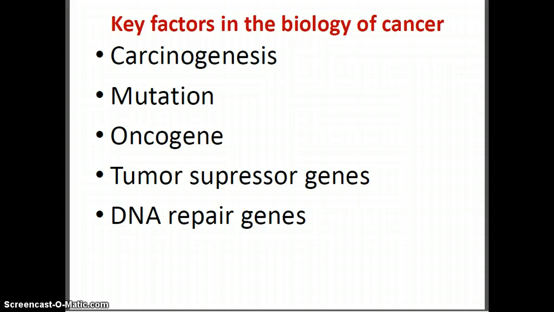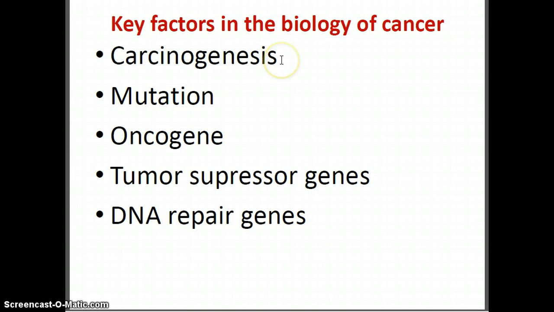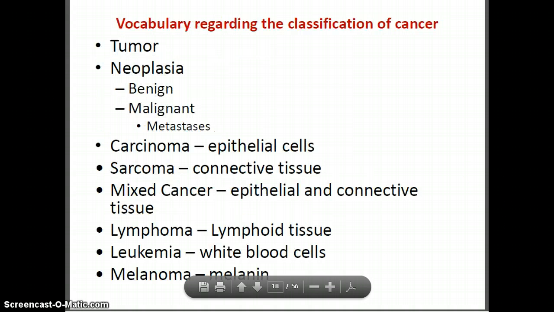All right, so here are again some terminologies. Carcinogenesis means the giving rise to cancer. Mutation is a change in our genetic information which can become cancerous. Onco refers to cancer, so an oncologist is a person who studies cancer. Oncology is the study of cancer, and an oncogene is a gene which codes for cancer. We also have within our immune system tumor suppressor genes and genes that can repair our genetic information.